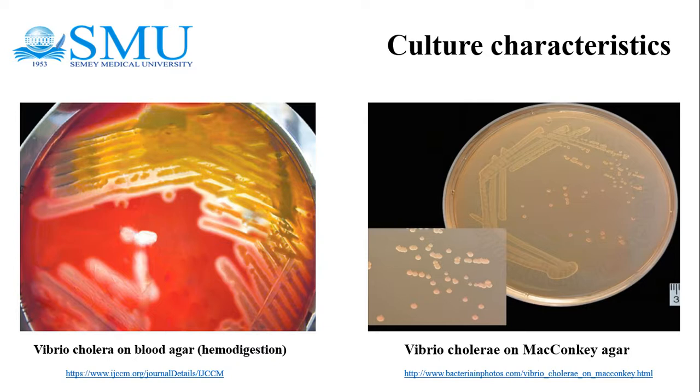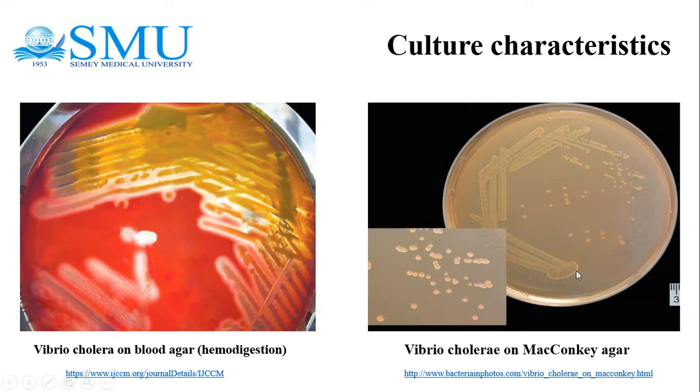It grows optimally at 37 degrees Celsius, and growth is better in alkaline medium. The optimum pH is 8.2, and sodium chloride stimulates the growth. However, higher concentrations of sodium chloride are inhibitory. And the next medium is